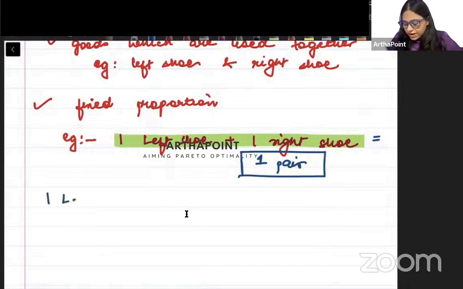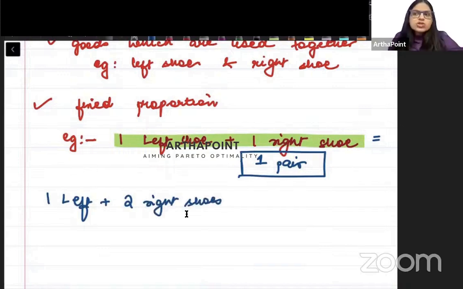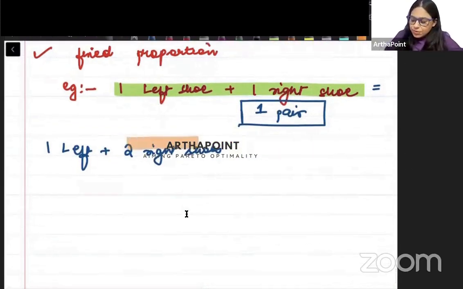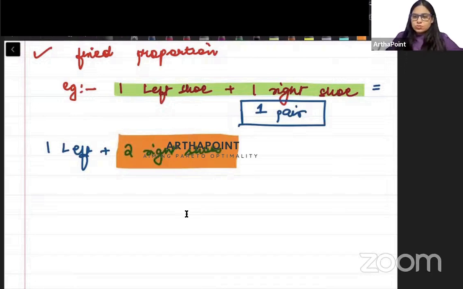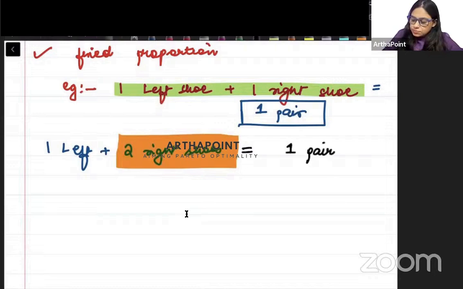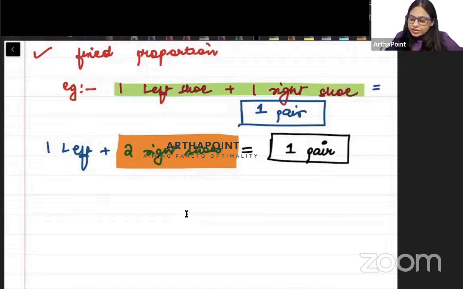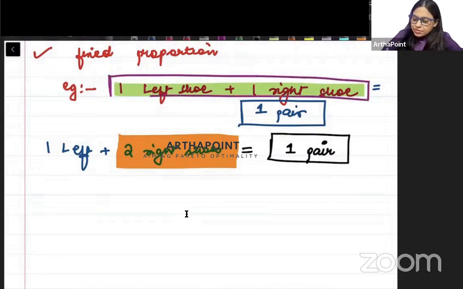If you give me one left shoe with two right shoes, then also it is of no use to me. The extra right shoe you are giving me is of no use to me, and I will just have still one pair, right? So the point here is that as long as I am making one pair, my utility is same,